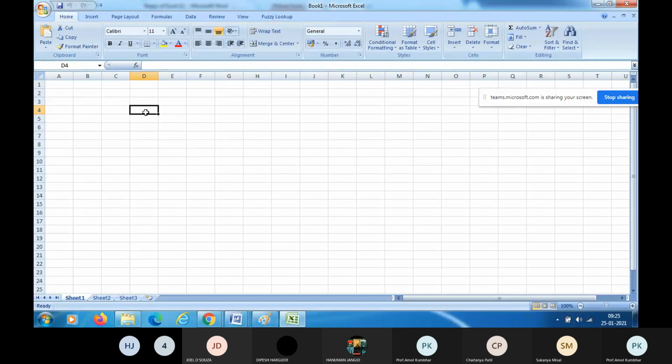So the address for this active cell is D4. Now in this cell, I can type ABCD, I can type date, I can type name, right? You can enter data, you can enter a number, you can enter a date in this active cell. So this is our active cell.